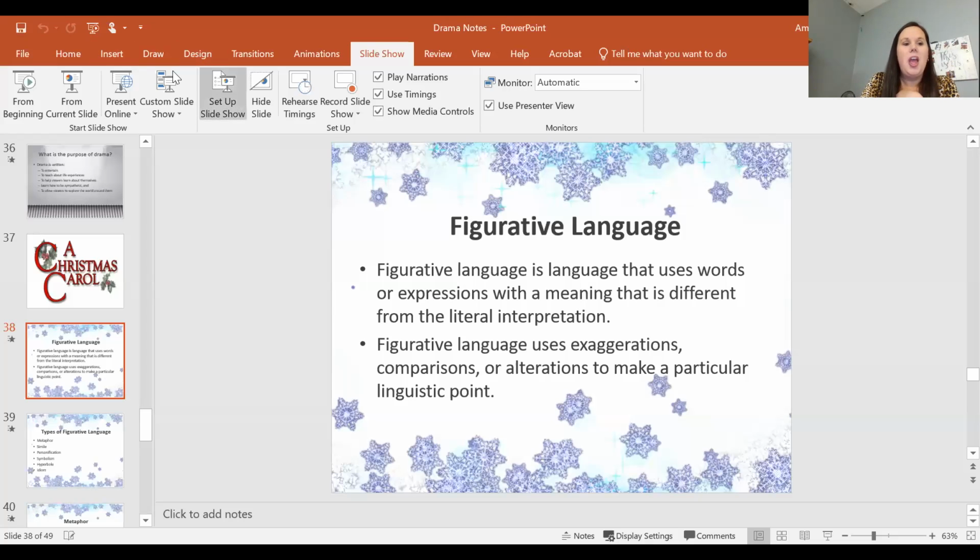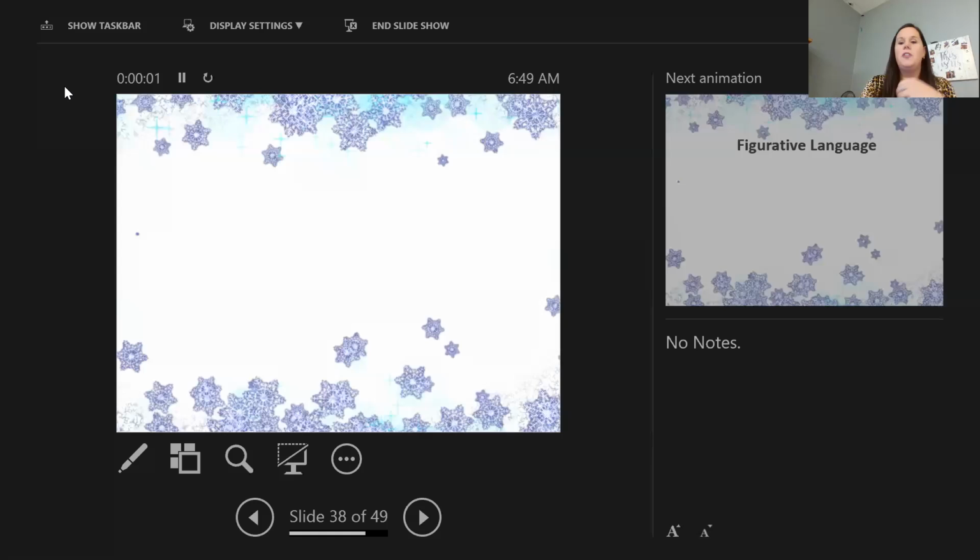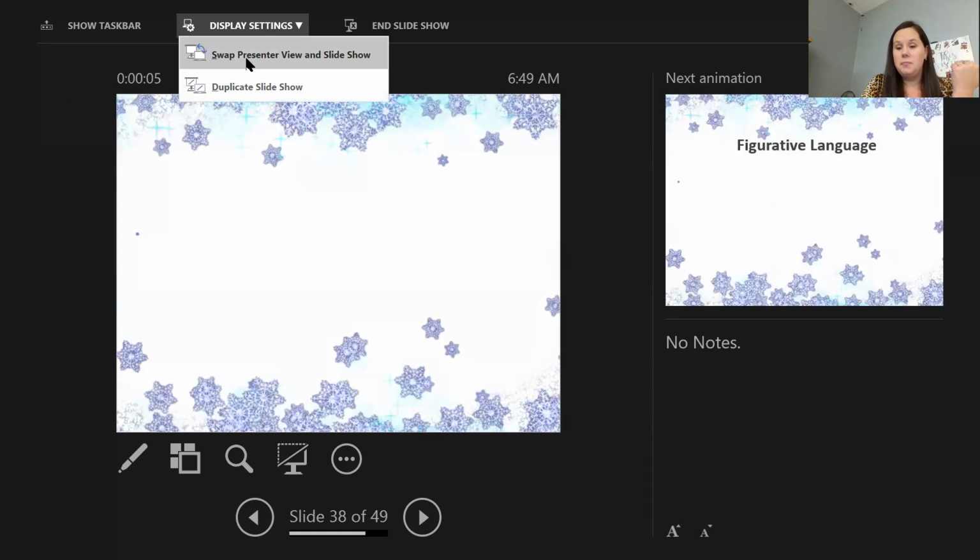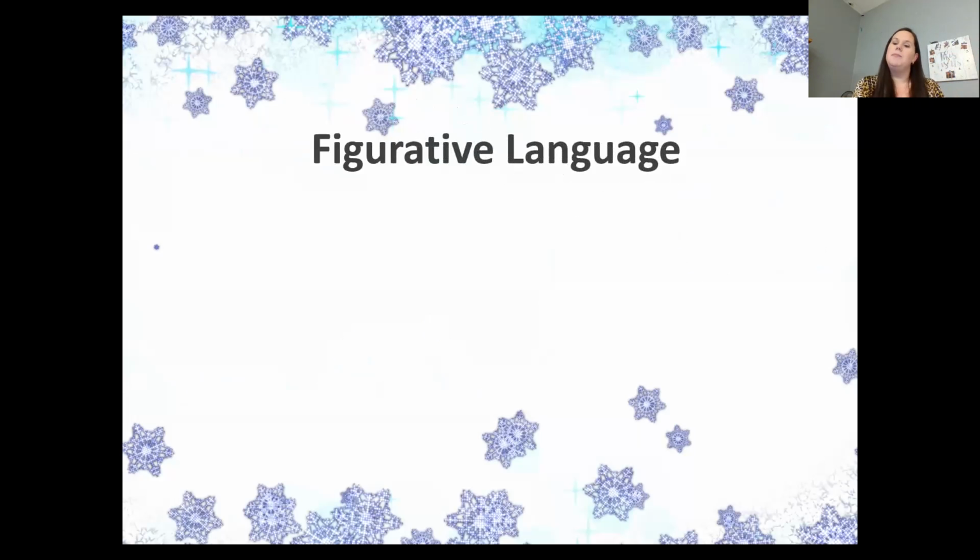We are also going to be getting into our figurative language again. First, this week, we're also going to keep reading A Christmas Carol. Well, we just read that, so why are we reading it again? Because we're going to read the drama version of A Christmas Carol, and we're going to see some of the differences with the elements. Before we can get into that, we need to look at the types of figurative language that we're going to see in the drama. So we're just going to speed through it because you already have the notes for some of these parts of figurative language.